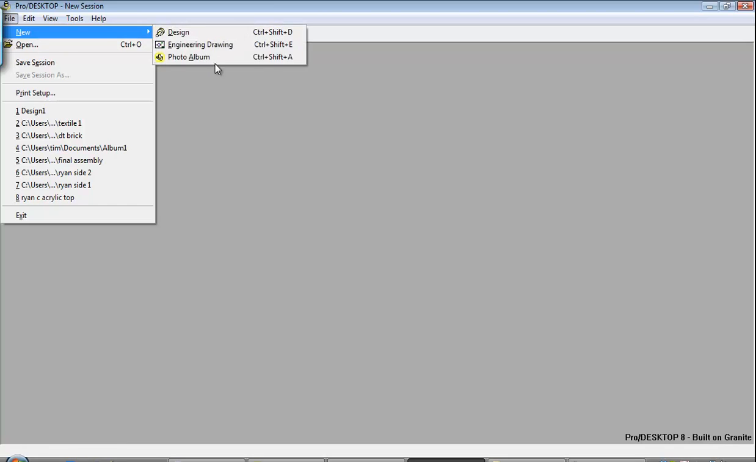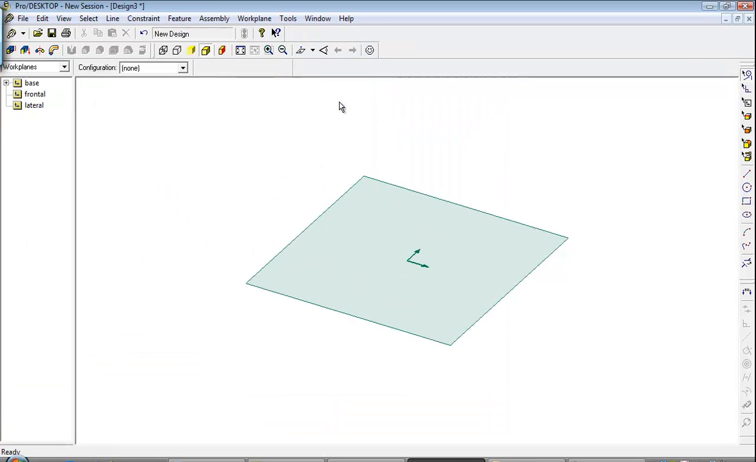Right, so this tutorial is how to use Pro Desktop, or it's not really how to use it as in step by step, but it shows you how you can use Pro Desktop to create an image that you can then use as a photorealistic rendering for your project. So I'm just going to go to File, New and Design, and the first thing I'm going to do is